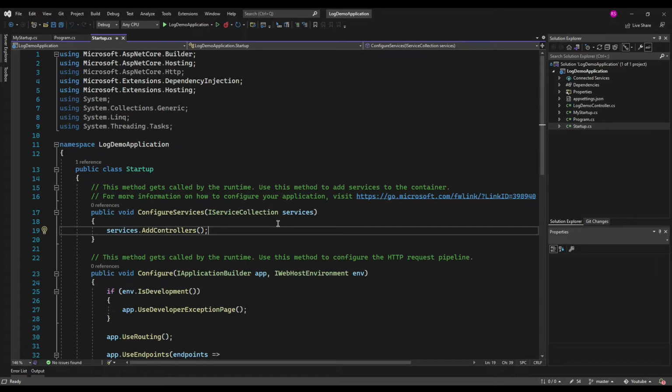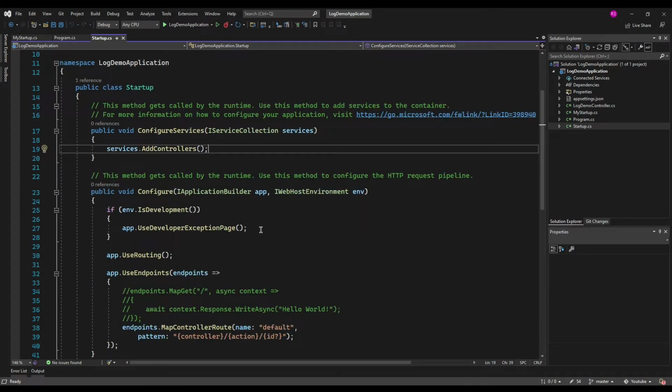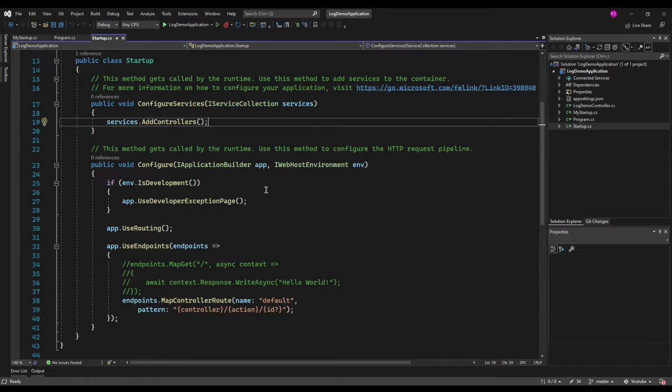with the IOC container. Now coming to the Configure method, this method is also called by the runtime, and we are supposed to use this method to configure the HTTP request pipeline. This method receives IApplicationBuilder and IWebHostEnvironment as its parameters. What happens in this case is we are supposed to specify the request processing pipeline inside this Configure method. By doing so, we also specify how the request will be processed